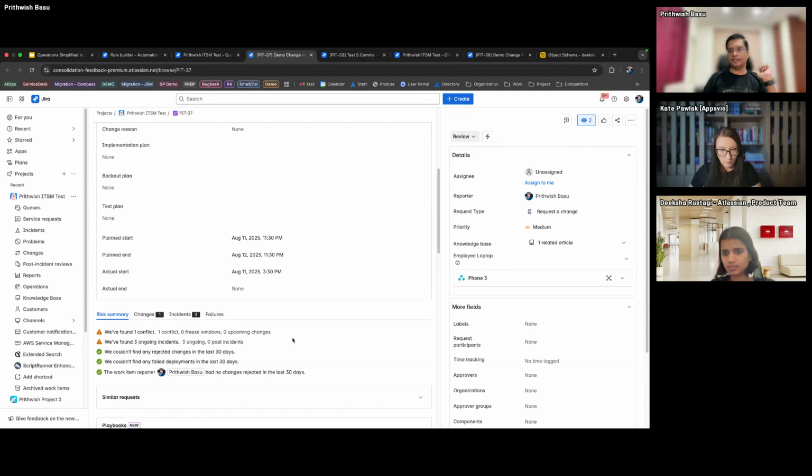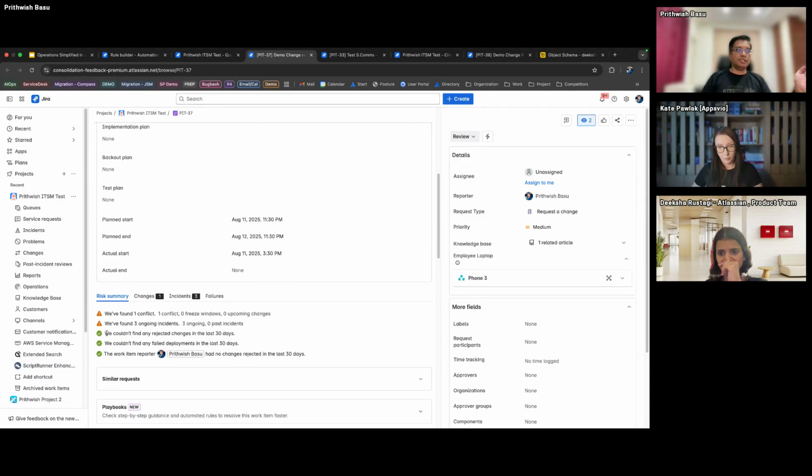The reason still exists. It can be, hey, there is an incident going on. It can be, hey, there is an upcoming freeze window, we don't want to change, or a company event before which we don't want to change the system, right? You can also see that tracker here. If any changes were rejected earlier, it will be shown here. Here, there are no rejected changes, but